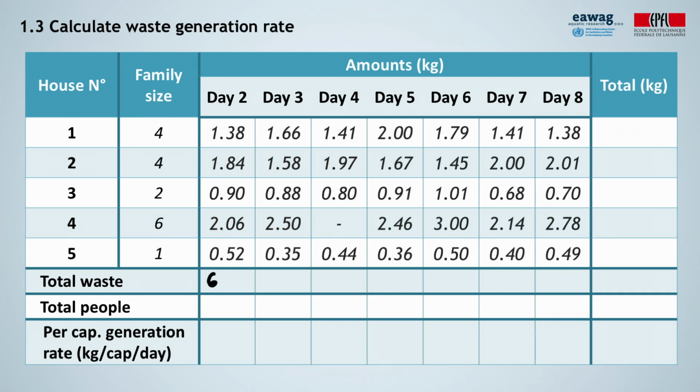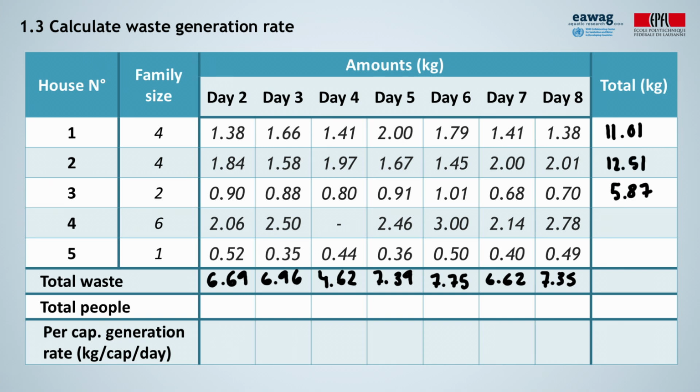Once all information is compiled, you can calculate the average per capita generation rate as follows. Assume this is the information we have for the case of Iria. Sum up the total collected wastes per day. You could also sum the total waste generated per household during the audit. Both totals should yield the same. Sum up the number of people living in each house whose waste was collected each day. If we sum all members living in the households of the audit, we get 17.